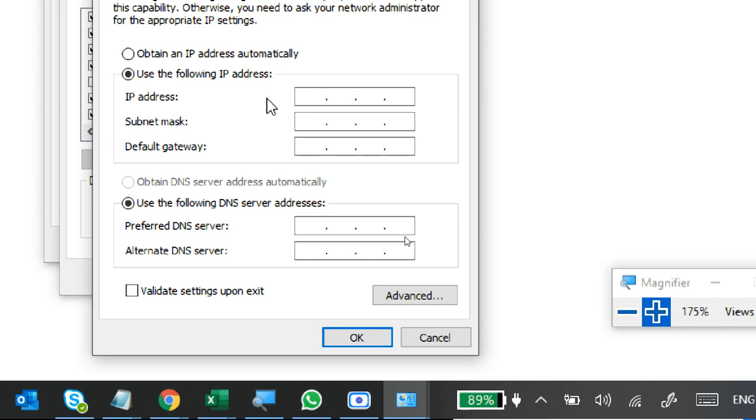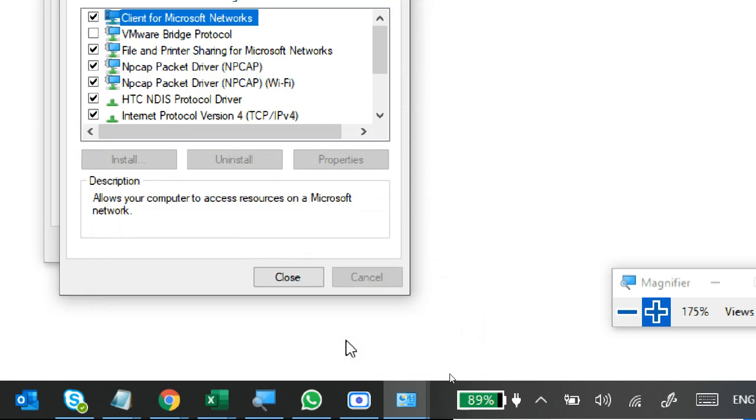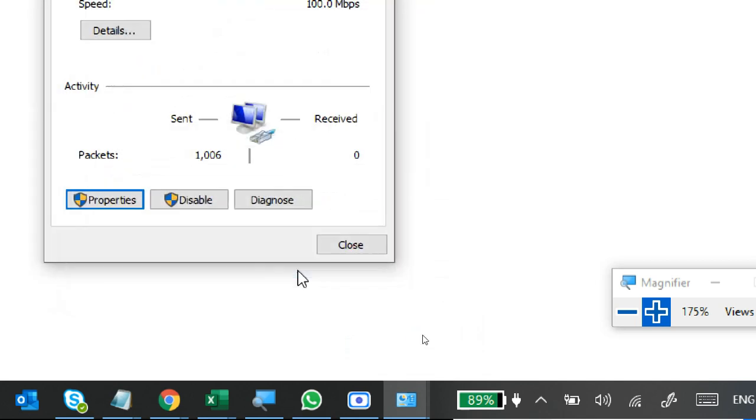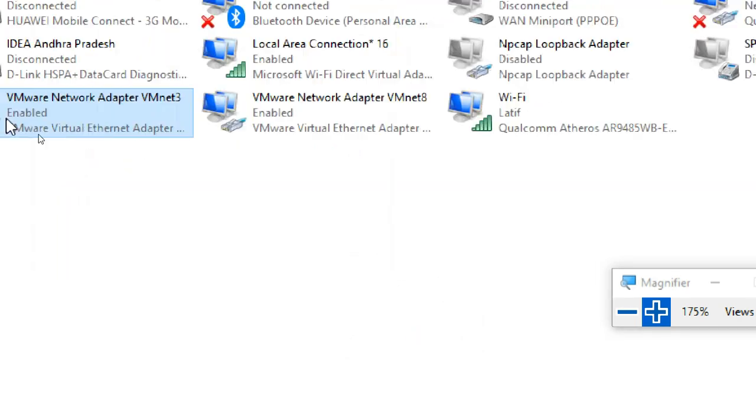For example, if I assign an IP address, think like 172.16.0.101, and press the tab button. Automatically the subnet mask will come up. We'll discuss that later. I'm giving the IP address here. Click OK, close and close.